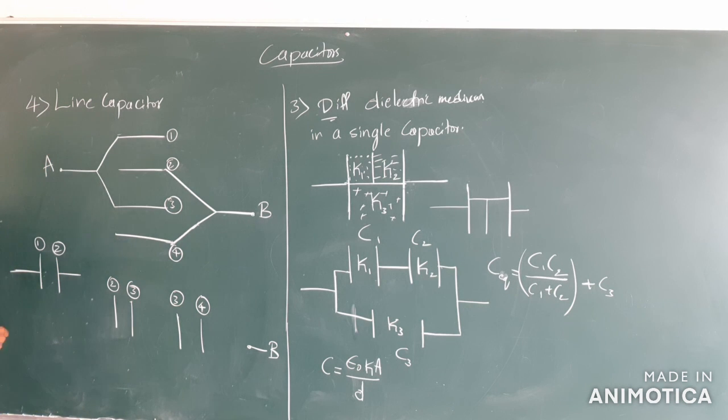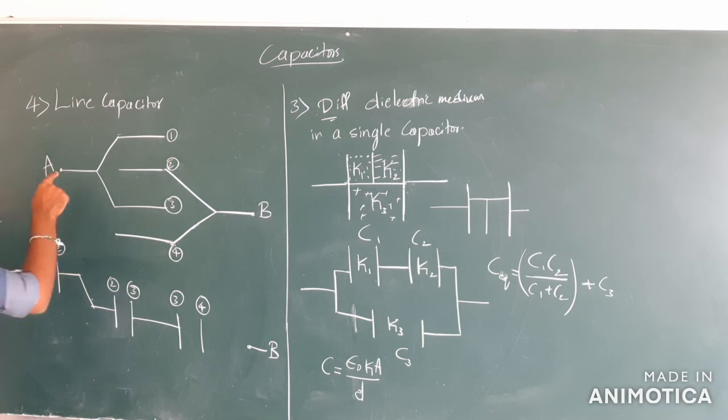So now let me start combining them. Look at this. 2 is the single plate which I have split into 2 plates. So I can connect them like this because it's a single plate which I have split to make 2 capacitors. Again, same thing with 3. So I can also connect it like this. The same kind of pattern can be followed like this and like this. The drawing doesn't matter. It's about the connection, which we should make carefully.